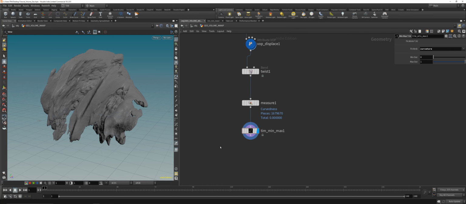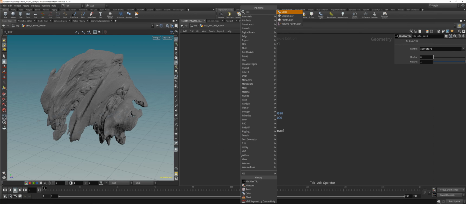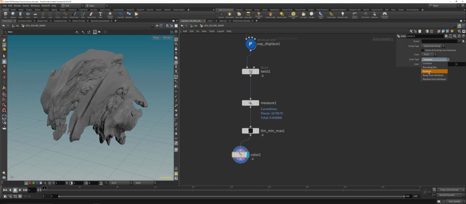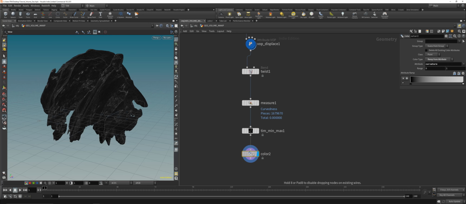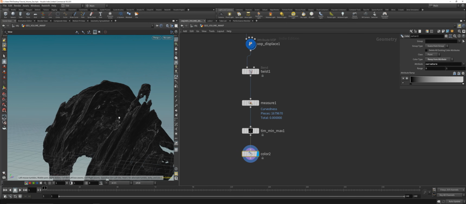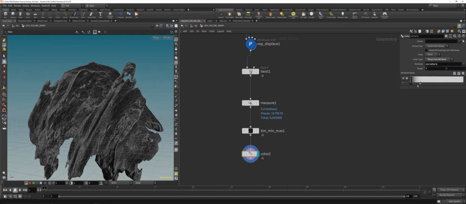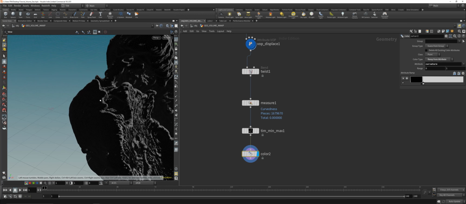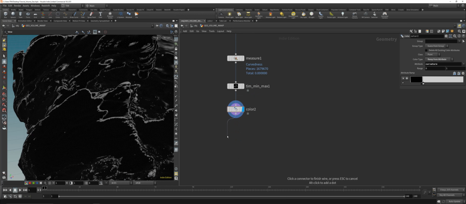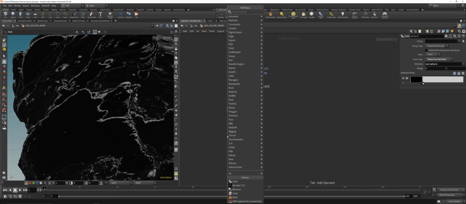Let's fit that, and now we can place down a color, or you can do it with the visualizer and get the curvature in, and now you've got your curvature calculated. And I think that's pretty cool for creating masks on your geometry and pipe them